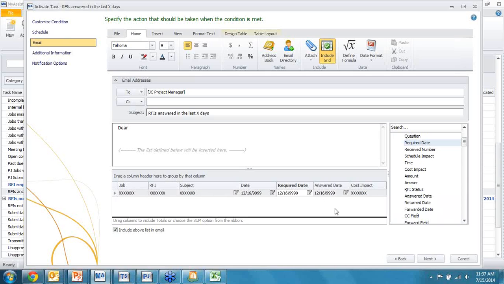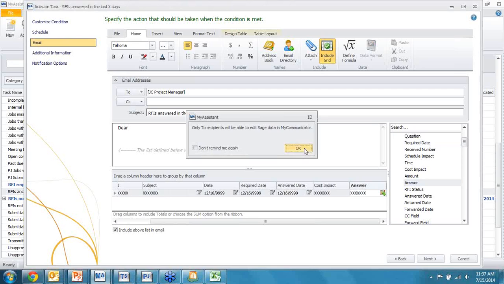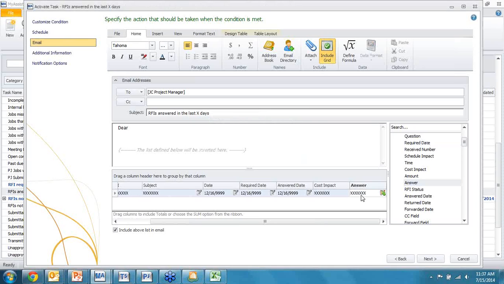I also have the ability to come in here and tell the software that there's data in here that I'm going to use, and I'm going to pull my answer right here. I'm going to tell the software that when someone gets this response, my notification, I may want them to capture information and then send it back to me via email. And if they send it back to me via email, while I'm in the email, I may want to write that data back into the Sage database. And that's by telling the system that this is, in fact, something that I want to be able to update. The system is now telling me, okay, when I see that in Outlook,